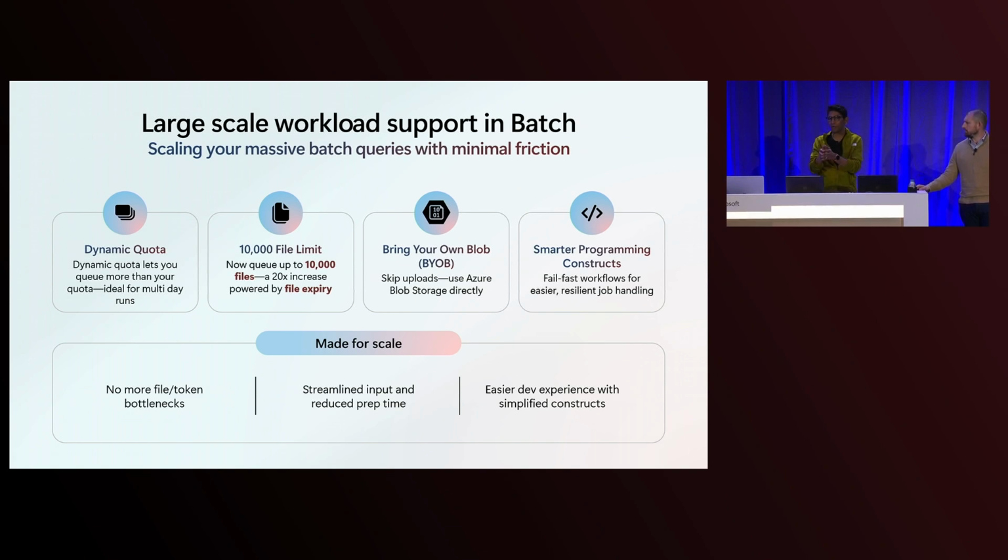And finally, one of the most asked-for features is smarter programming constructs to queue up jobs. Today, if you've got, say, 100 billion tokens that you want to queue, it's pretty challenging the way you queue and dequeue the output files. With the smarter programming construct, you just have a simple while loop that you can use to queue the jobs, and you get a fail fast immediately when you queue a job. You will know if you have a token limit exceeded, and you can do an exponential backoff and keep queuing again. So those are the 4 new features. They're going to help you unblock and run large-scale workloads in batch.